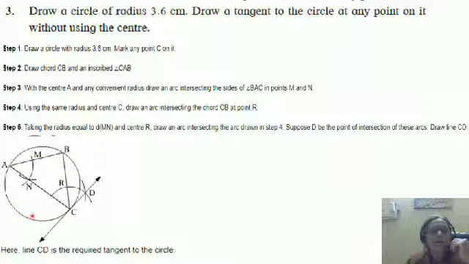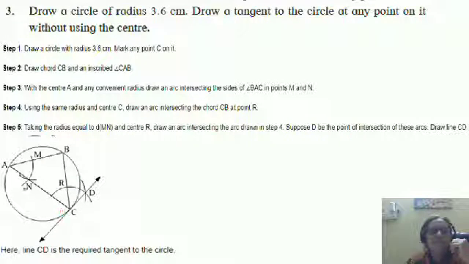tangent to a circle. Draw a circle with radius 3.6 cm. Mark center. Mark any point C on it. C on the circle. Draw CB and an inscribed angle CAB. Any point A you have to select on the remaining part of the circle and draw angle CAB, inscribed angle,